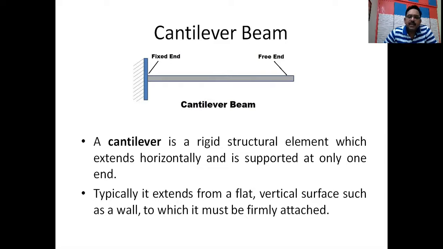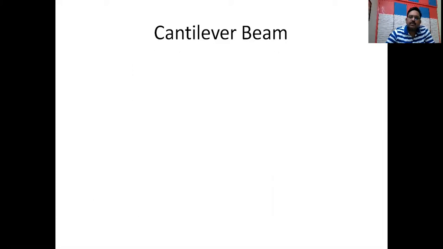Typically it extends from a flat or a vertical surface such as a wall to which it must be firmly attached. That means fixed means it should be firmly fixed. Either it can be a flat or a vertical surface, whatever it may be. So this is a cantilever beam. Let us see some practical examples